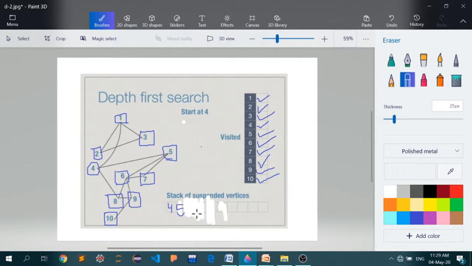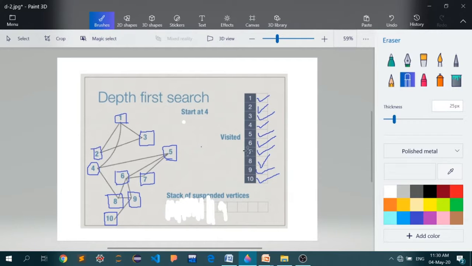Let's go back again to the top. We have node number 5. It has 4, 6 and 8. All of them have already been visited, so I'll remove it also. And we have one node left, called 4. 4 has 1 already visited, 5 already visited, and 8 already visited. So we'll also remove that from the stack.